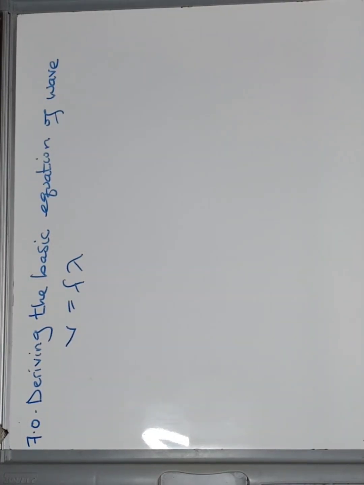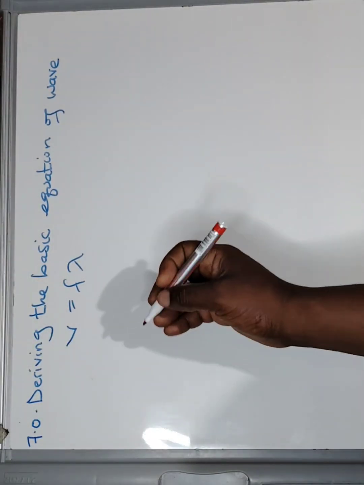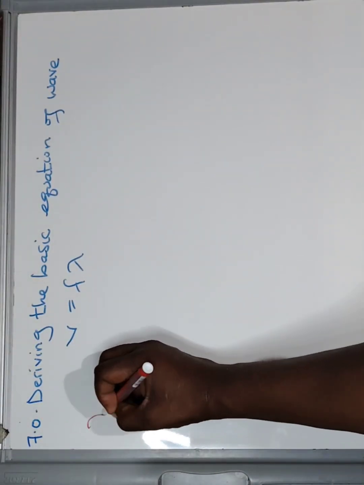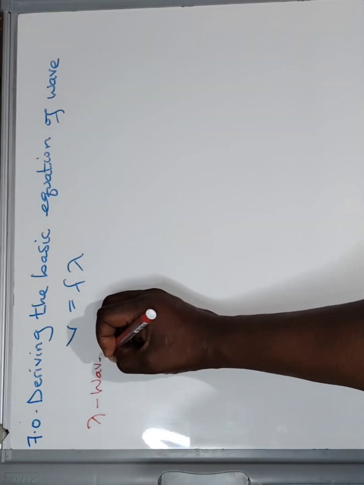Today we are going to see how this equation v equals f lambda was derived. This is what you have to remember. First of all, lambda is wavelength,